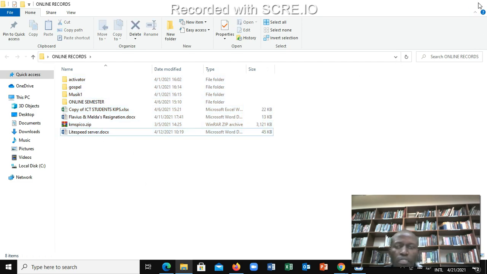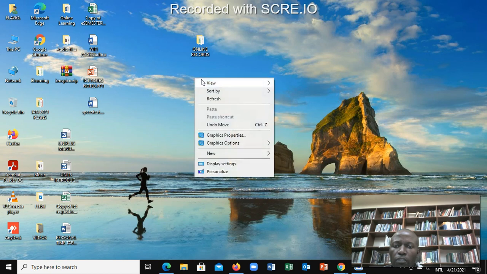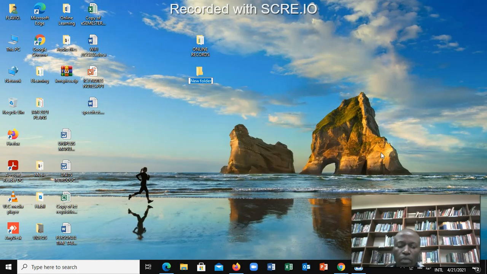As you learn that, it is also important to know, maybe for those that do not know how to create a folder, how do I create it on the desktop? If I want to create a folder on the desktop, I can simply right click on a free space on the desktop, then go to the option New, and then click on Folder. After clicking on Folder, it comes with a default name labeled New folder. But since that is not the name that I want to use, I will simply backspace. Then I name that folder as computer